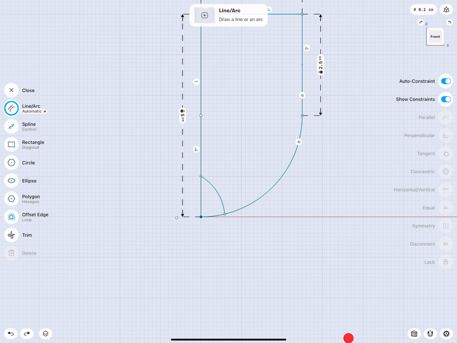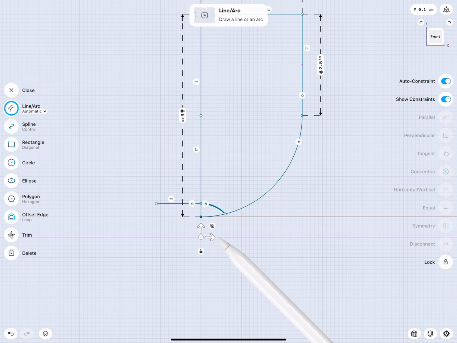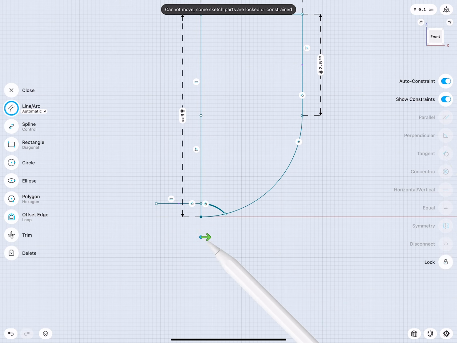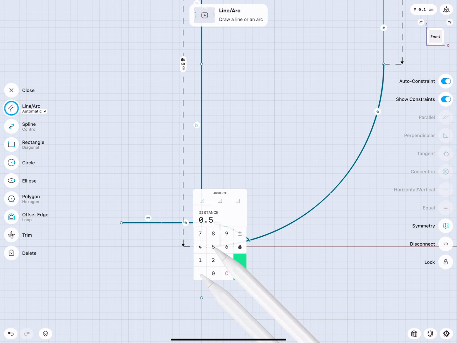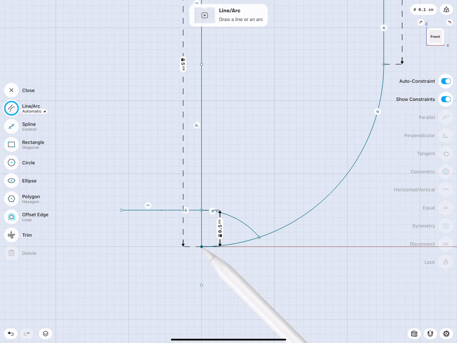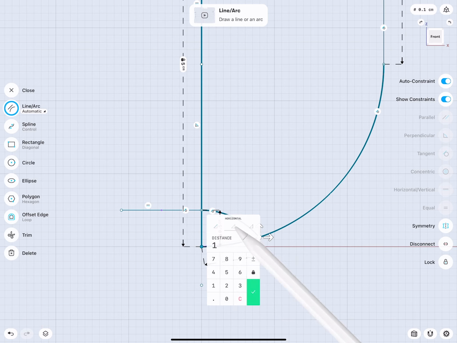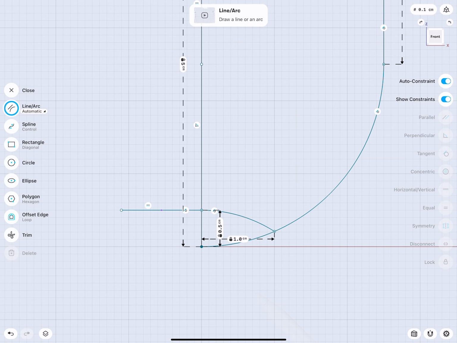There are actually 2 elements we can work with this point. This point always has to be in this configuration under this line or this point. This all needs to be on one line. Or what might be easier is simply add a small helper line. You see, there's a line. We make this horizontal, and then this line to this arc we make tangent. You see now this actually moved this point right under it. I can move this not left and right, I can only move this up and down. Very good, easy, no? So we set this to 5 millimeters, so 0.5 centimeters, and then here this should be 1 centimeter, but horizontal measurement. There, very good.